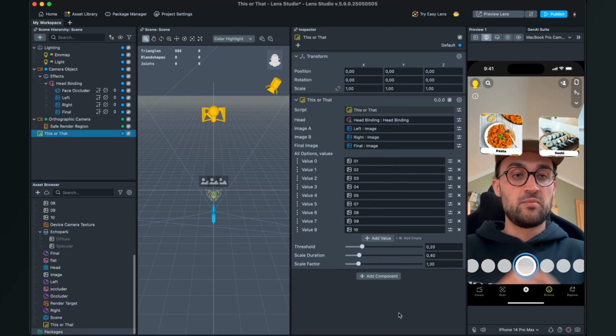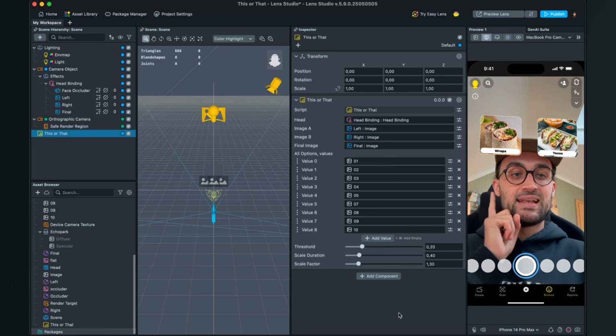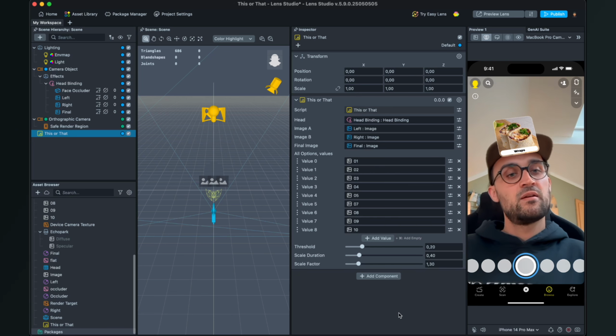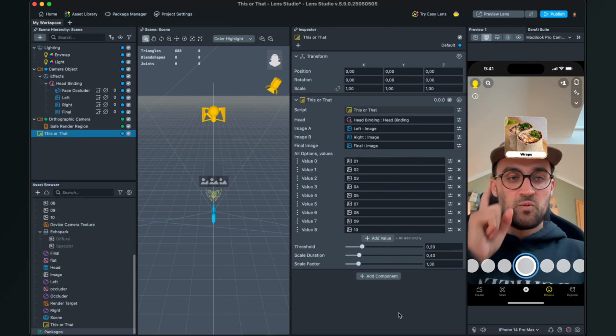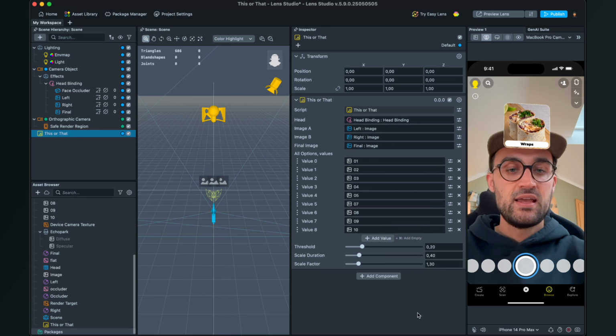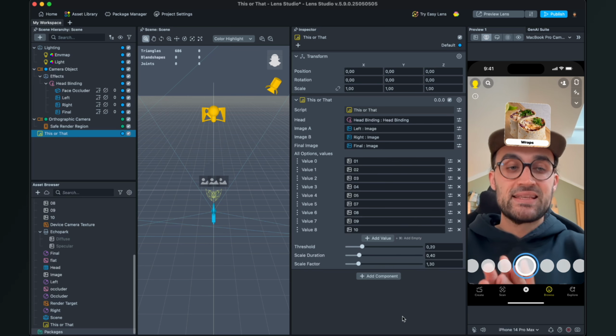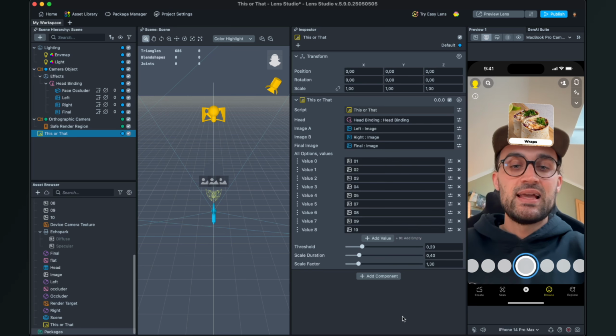We also have an animation, and after we are through all of the objects and we are at the last selection, when we select here, we have the final image in the middle of our head. And yeah, this was more or less all about the this or that lens here in the Lens Studio, but